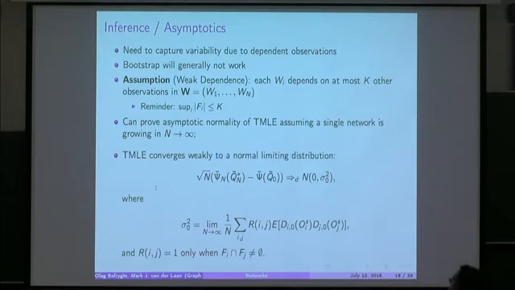And the asymptotic limit variance is expressed by this operator. I'll go in a second about what the expectation is, but the sum is a double sum over all observations that are dependent, for whom these influence curves are dependent. And I'll show the influence curve in a second, but it's a limit of this double sum. And the indicator Rij is 1 when I and J have friends in common.